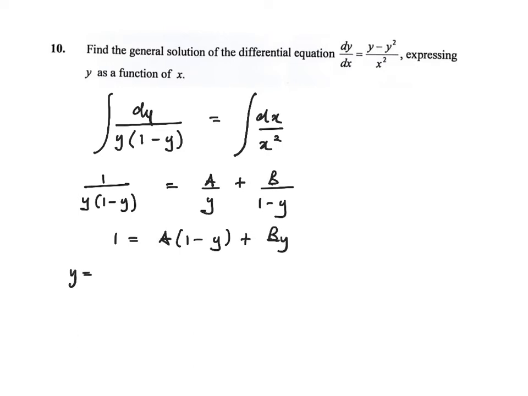Now when y is 0, and when y is 1, that was nice and simple. So we can then write this as 1 over y plus 1 over 1 minus y. And the integral becomes,